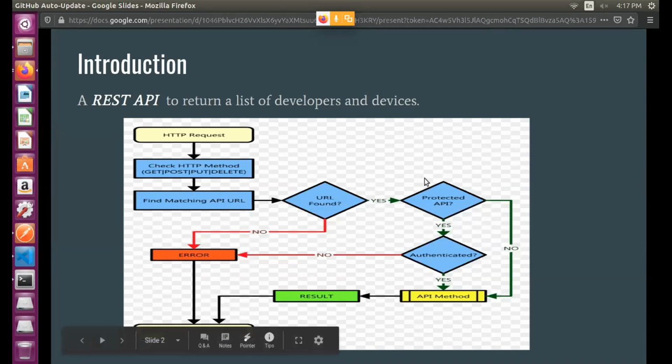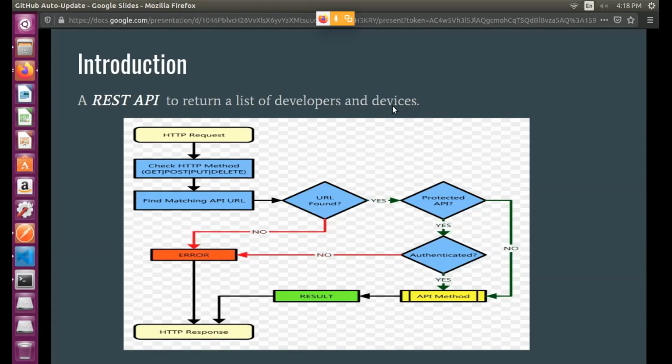We haven't gone into so much complexity. Our REST API is a simple one. We haven't used any kind of authentication. So it simply checks for two endpoints, one for developers and another for devices. Again, for specific developers, there is another endpoint specified by developer slash the developer ID, and for devices, it will be a device code name, as you will see as we go on.